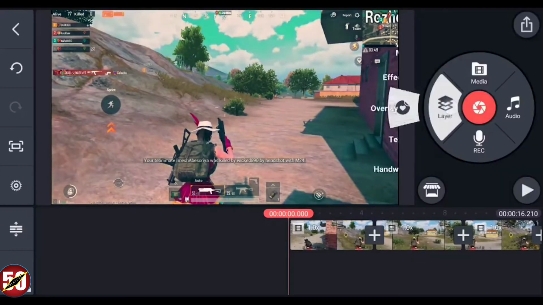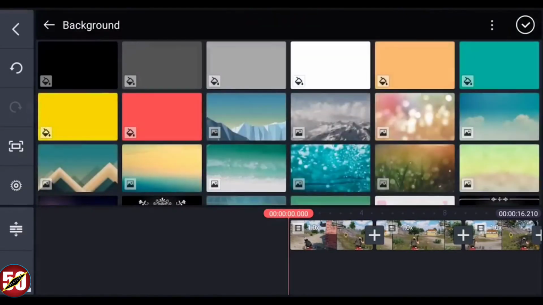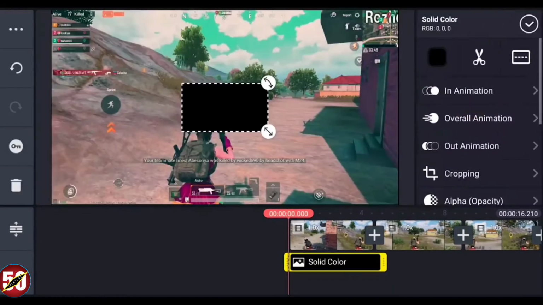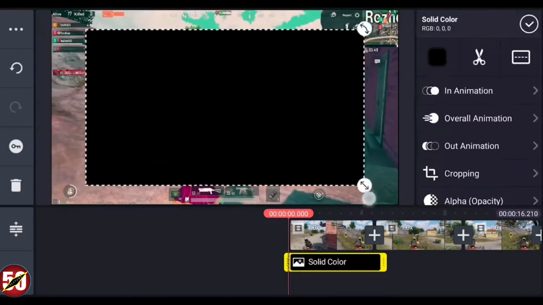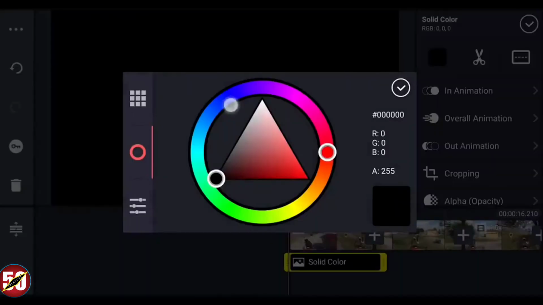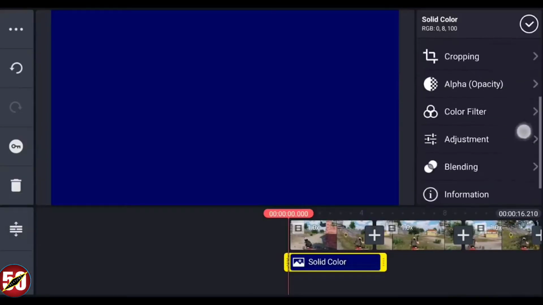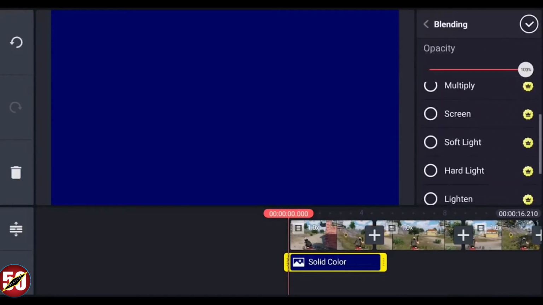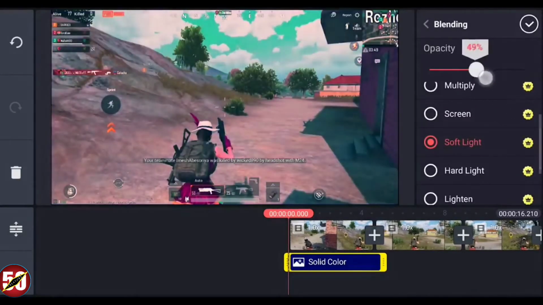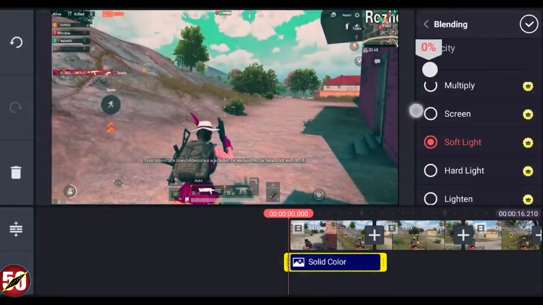Now go to layers and select media, and from here you have to import a background. It can be any color. Now from here you have to change the color to dark blue. Now go to blending and here choose soft light and then decrease the opacity.